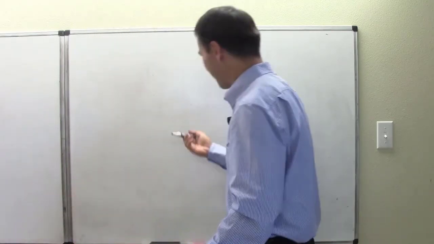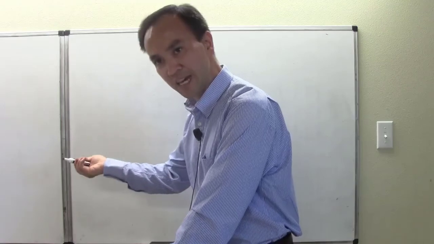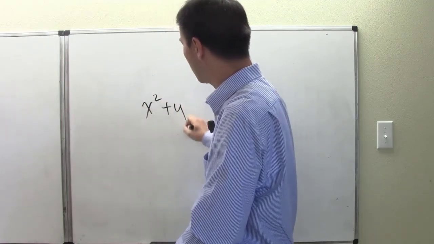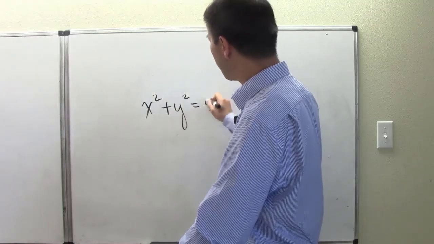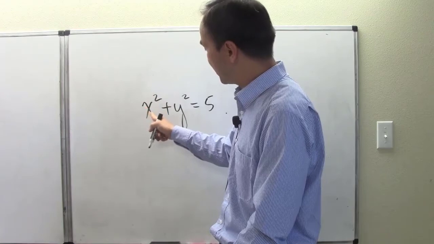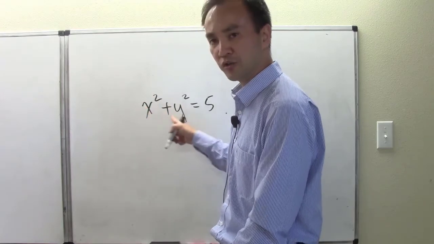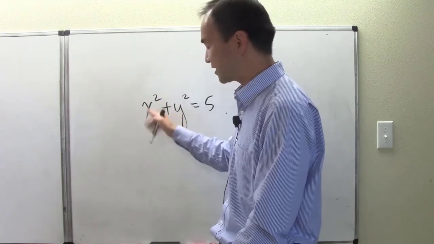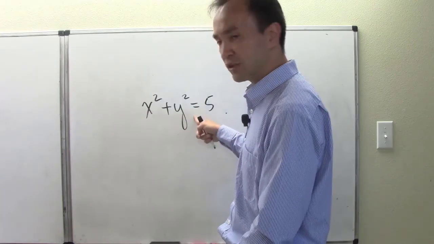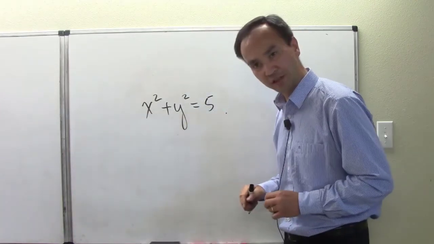For example, when we began talking about a polar equation, I was saying an equation like this, x squared plus y squared equals 5. An equation like this is regarded as a Cartesian equation, where the x and the y variables are intended to represent the x value in the rectangular coordinates, and this is the y value in the rectangular coordinates,